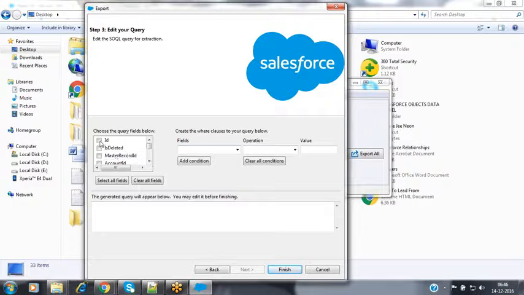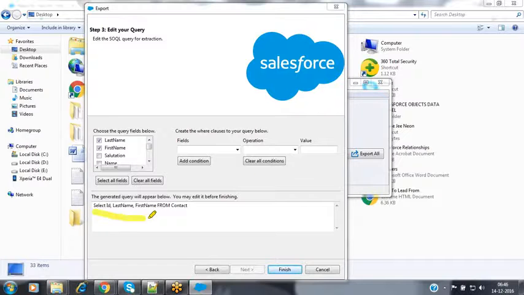Now, I would like to fetch the data. What columns information do you want? I want the ID column information. And along with that, I want the first name column, and the last name column. Observe this one. Whenever I'm selecting the fields, automatically Salesforce is going to prepare a SQL query over here. Depending upon the number of columns you keep selecting, it prepares that query automatically by default.